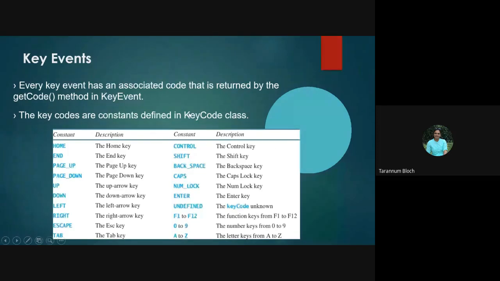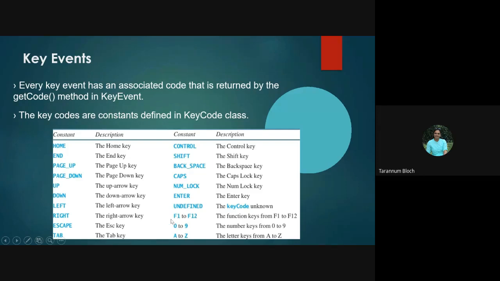So in Java, we have a KeyCode class, and this class has various constants. For example, we have HOME, CONTROL, SHIFT, BACK_SPACE, CAPS, NUM_LOCK, ENTER, and UNDEFINED, that is, if the key code is unknown. There are chances that somebody presses something and that code is not there, something unknown, right?